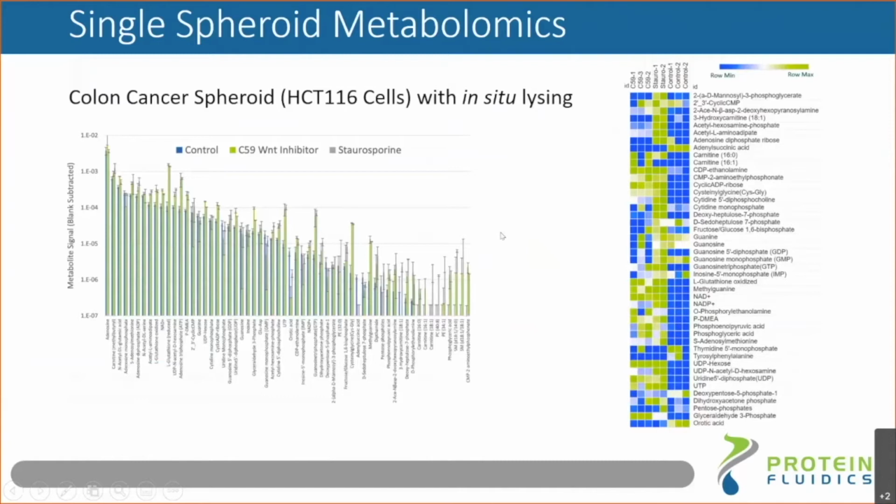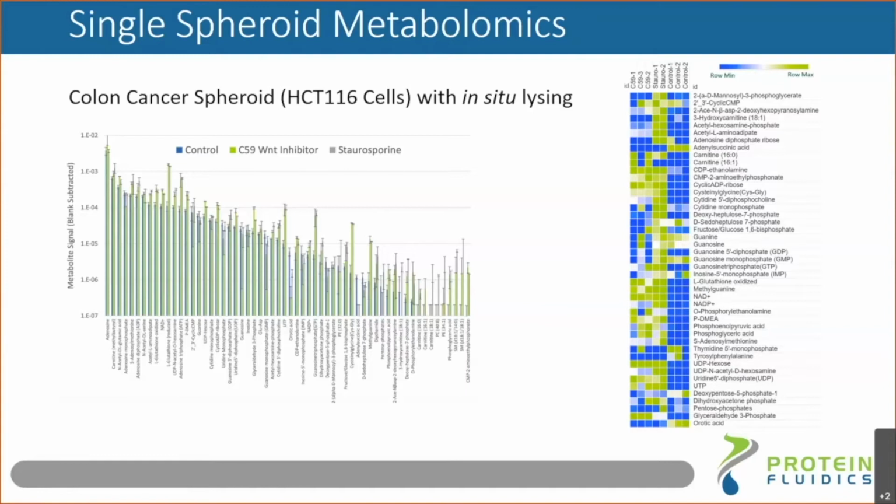A second application is in metabolomics. These are researchers studying cancer, looking at metabolism and how it relates to cancer growth and propagation. For this particular case, he was very interested in looking at metabolism and capturing it in situ. In the current workflow, you would remove the cancer spheroids from an incubator, then put them on ice, then you have to wash them, remove the media, and then lyse them cold. So it's really an unknown